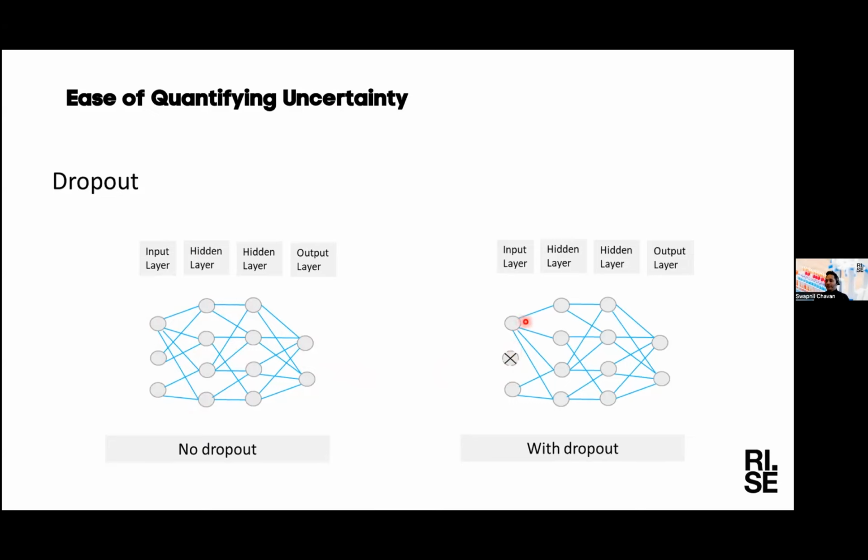By doing that, it stops the model from looking at the same pattern time and again. By nulling different operations at various iterations during model training, the model does not depend on seeing the same pattern. This is what we call regularization. And by doing this regularization, in a forward prediction step, one is able to derive the uncertainty within the model. So that's the second advantage of the descriptor-free approach: they are easy to use for quantifying uncertainty.